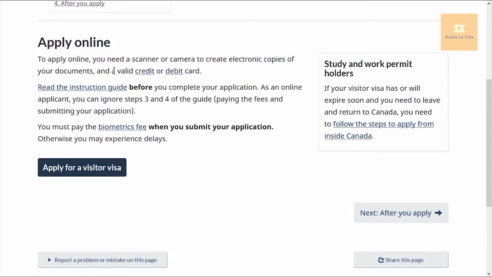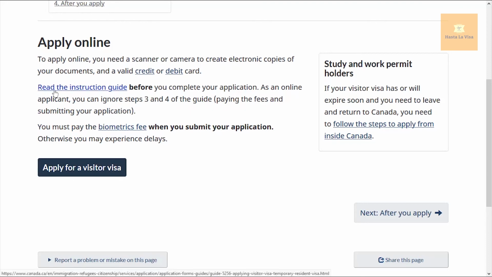Also, you need to make a payment. Payment will be 100 Canadian dollars approximately per applicant. So imagine a family of 4. That will total up to 400 Canadian dollars. And if you are giving biometrics, you will have to pay 85 Canadian dollars per applicant. So if there is a family of 4 and there are 2 children below the age of 14, then obviously they are not required to do the biometrics. They will pay 100 Canadian dollars each, that is 200. There is a husband and wife, both adults above the age of 14 obviously, so they will pay 185 Canadian dollars per person. That means they will be paying a total of 570 Canadian dollars.